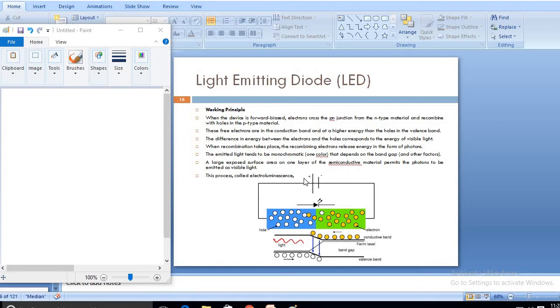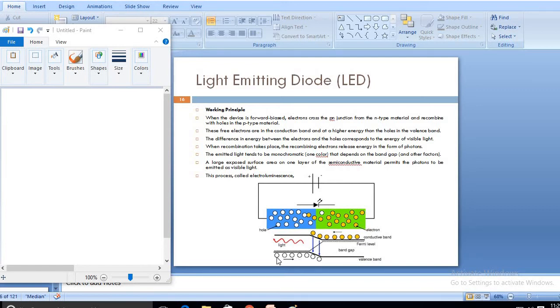So whenever this PN junction is in forward bias condition, the electrons present in the N type will move towards the P type and recombine with these holes. Coming to this particular diagram, there are yellow round structures. Those are all electrons in the conduction band,